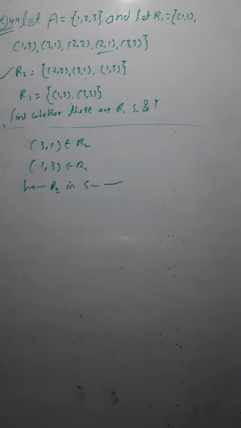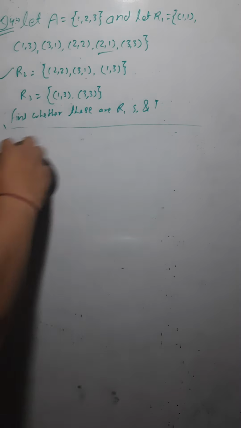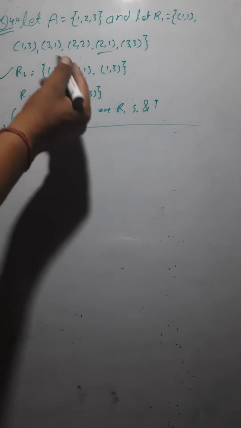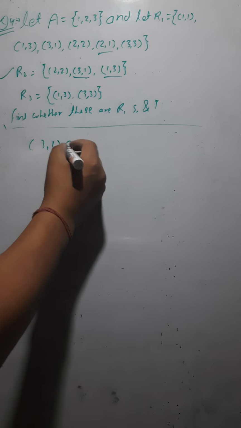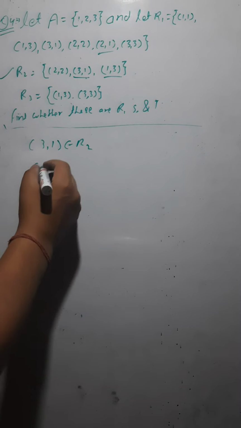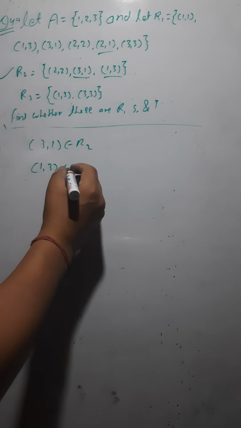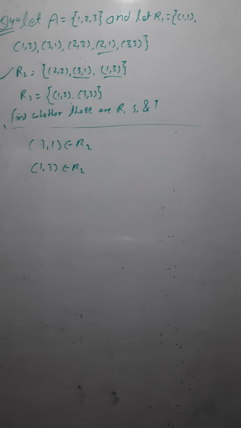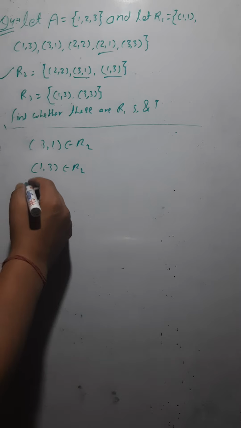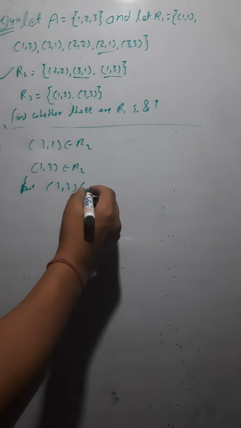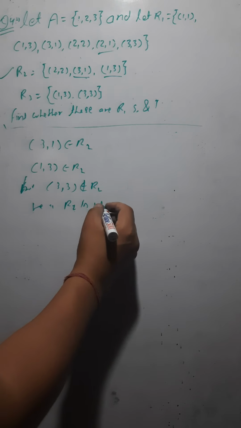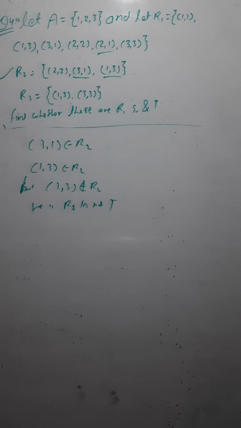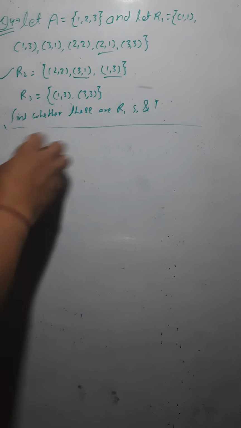Now we would check whether this is transitive or not. For transitive, let's take these two ordered pairs. 3 1 is there in the relation R2. Similarly, the other element we take, 1 comma 3, is also there in the relation R2, but 3 comma 3, the first and the last, is not there. You can see here that 3 comma 3 does not belong to the relation. So hence R2 is not transitive, isn't it? That is how you would solve. Okay, so that is how we have solved all the questions here.